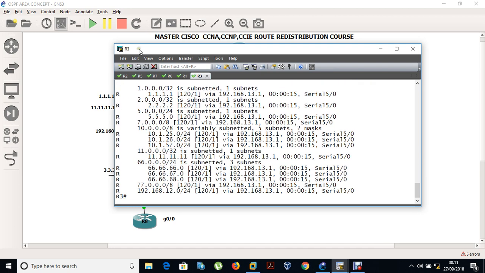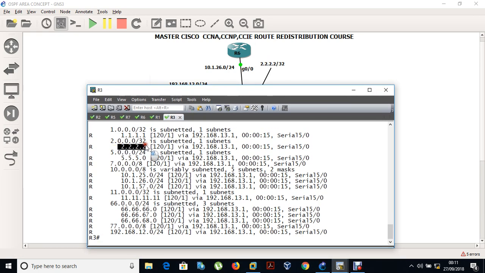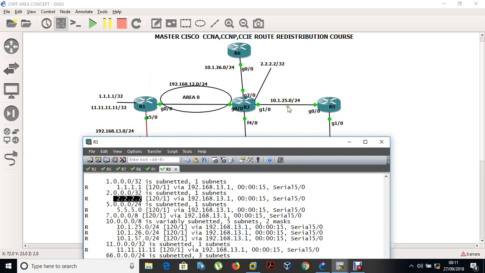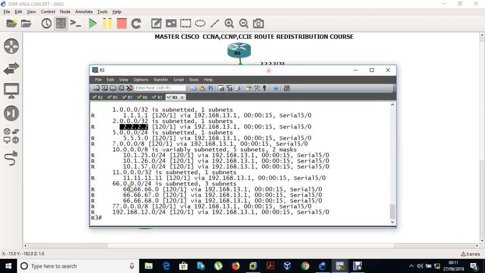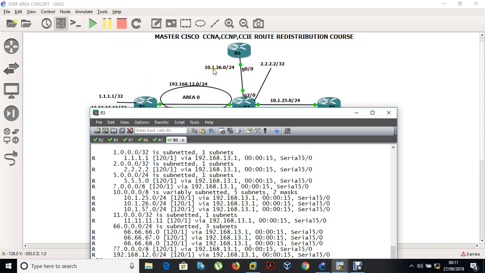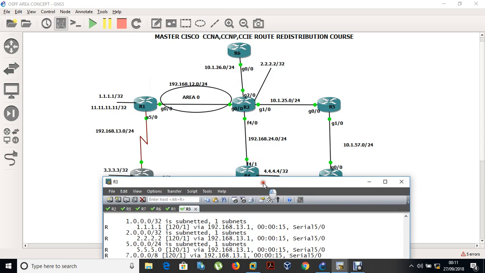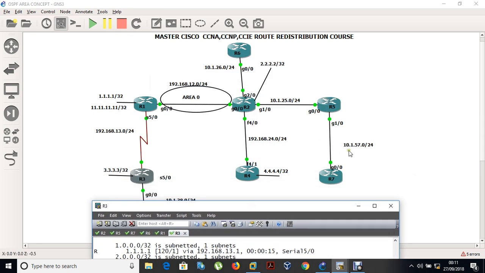And let me show you what I'm thinking, what I'm saying. I said to you I will have a 2, so 2 is here. Now it's a RIP route. I told you you will see 10.1.27, 10.1.25 is here. I told you you will have a 26, 10.1.26 is here. I showed you because these guys, they had a redistribution, so we still even have